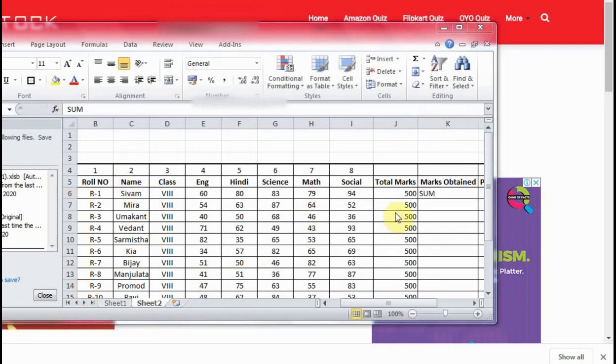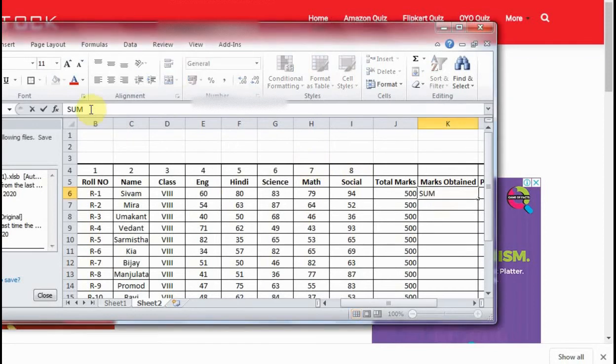Row to column. What's my row? My row is E of 6, E6, colon, up to what do I have to take?